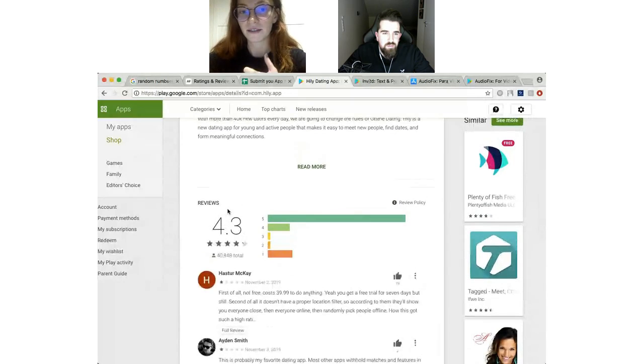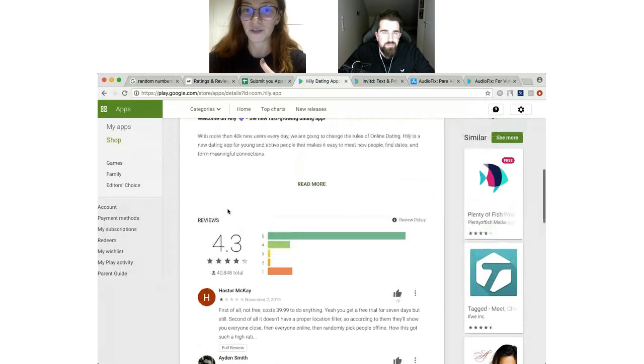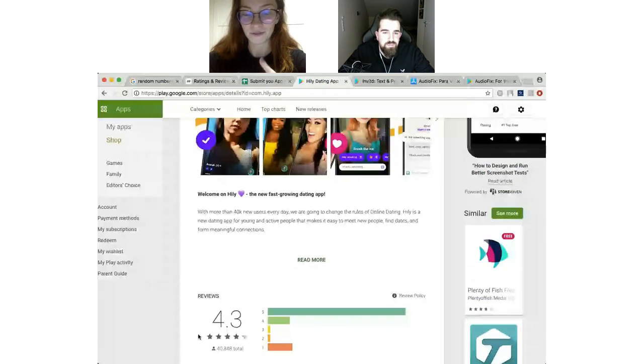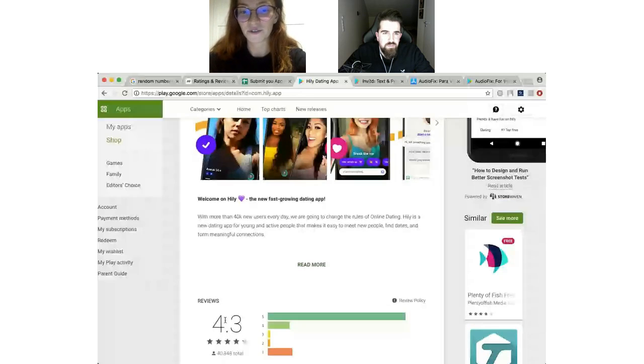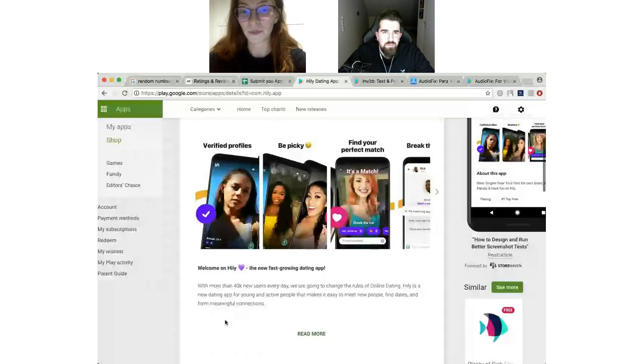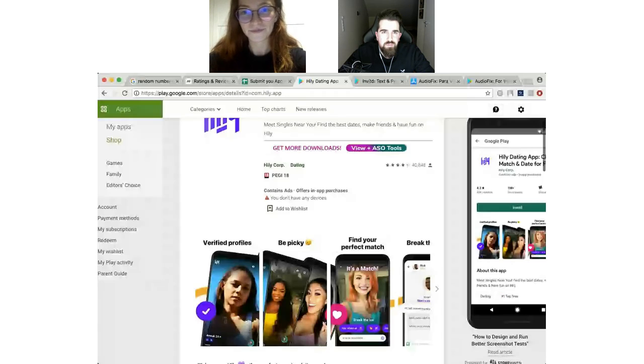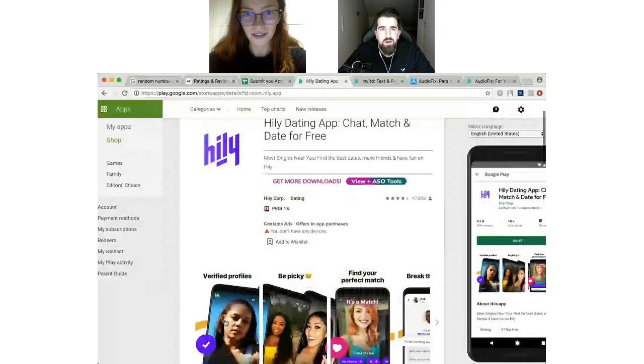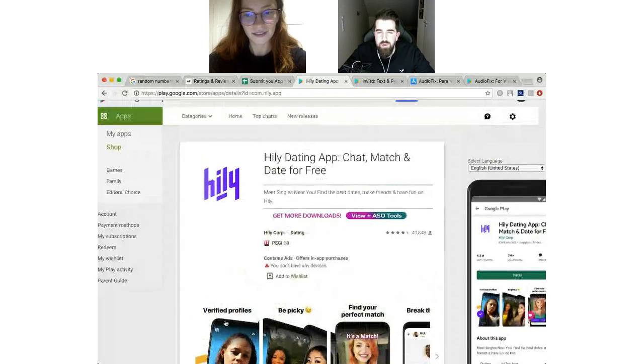But you know, the difference between 4.3 and 4.4 in Google Play is huge, especially if you have a lot of installs per day. You will see this difference for sure if you increase this rating by at least 0.1 point. Definitely. Google will come up with a similar rating prompt also in the near future, which you can include into the app and push positive ratings into the store.